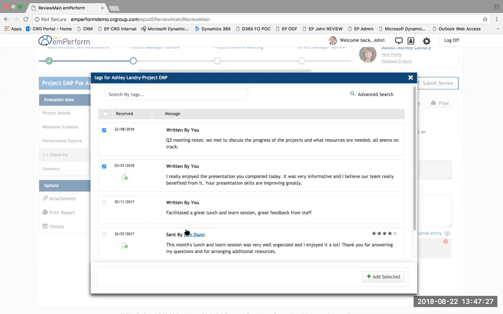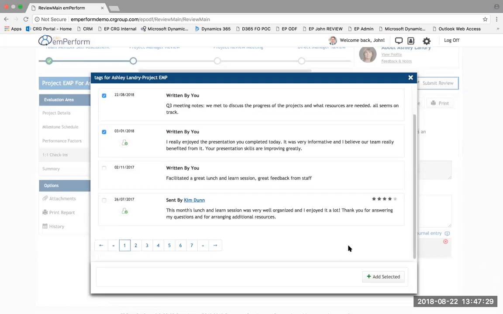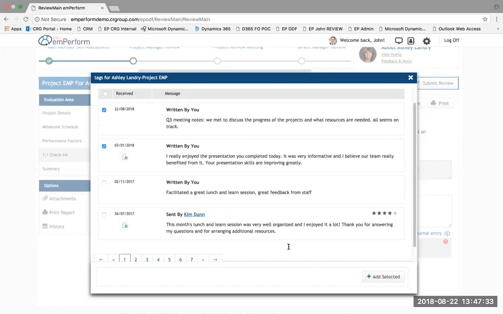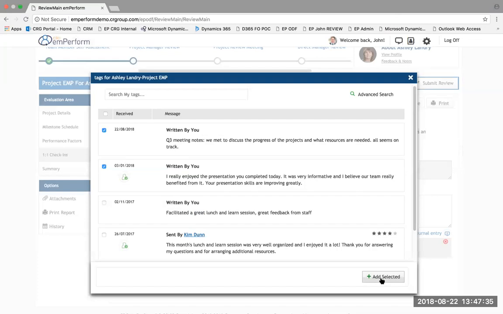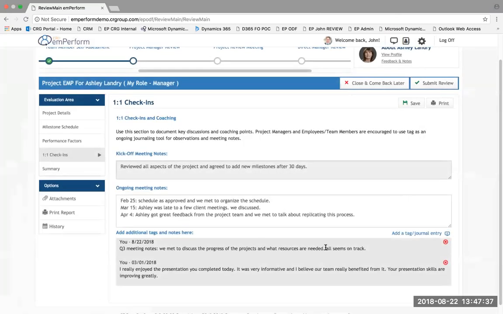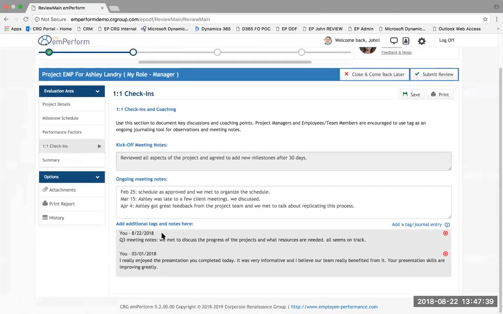Another one, she's got some from Kim. I'm not going to use that one right now, but I could go look at the second page and search through these. The point is, when I see those that I want to include, I just click Add Selected. And now, in this specific review, the feedback that came through during the year is a formal part of the record. And it's all about, as we said at the beginning, this best practice of bringing more voices into the